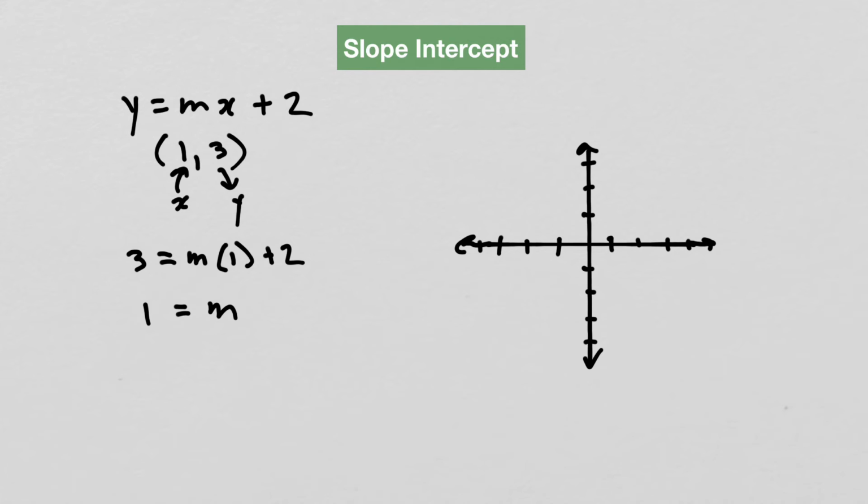We know the slope is 1, so now we're going to rewrite the equation, and we get y is equal to x plus 2. Now, all we have to do is graph this equation. Just like before, we start with the y-intercept, and that is 2. This is our y-intercept. So we plot the point 2 right here on the graph, and the coefficient in front of x is 1,